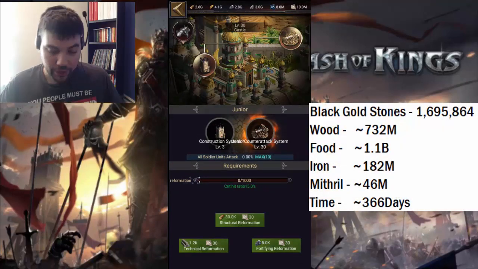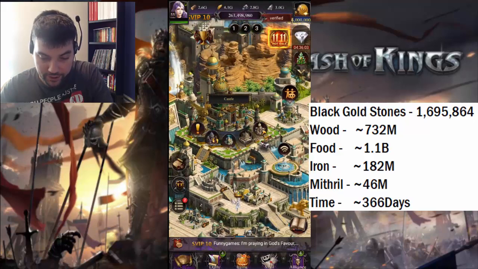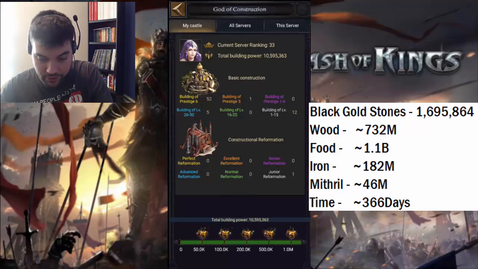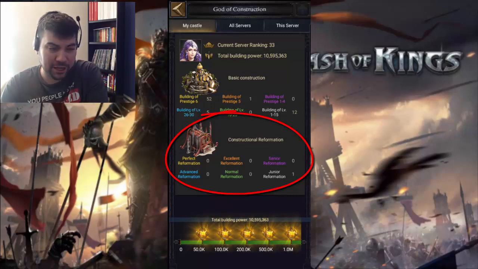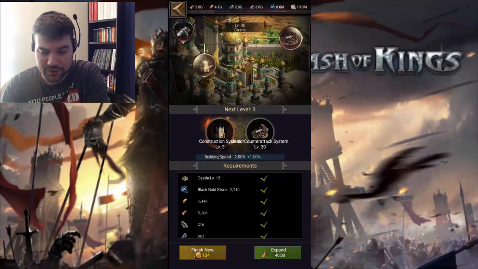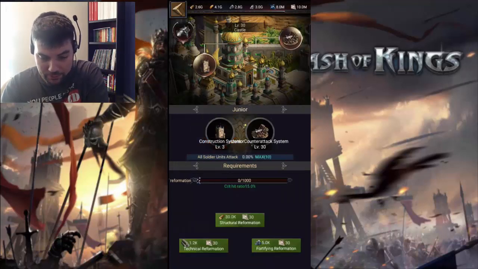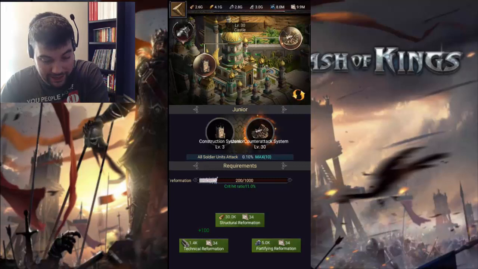Okay, now we're at this point right here. So now we're starting to get into the structural reformation, and if you've ever noticed in here, if I go on over here to the God of Construction, you can kind of see the structural reformation down below. A lot of people didn't know what that was, and that's what happens when you get to a max level of one of these. It's like a new prestige guide, and there's 3 different options. We have the technical reformation, structural reformation, and fortifying reformation. Let's start with the technical reformation, and it's taken a lot of